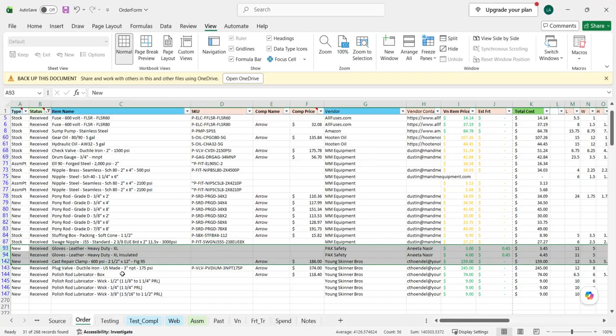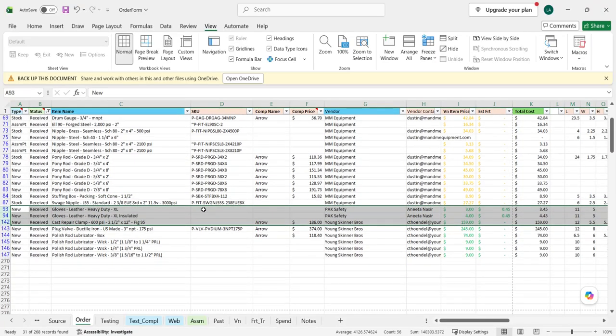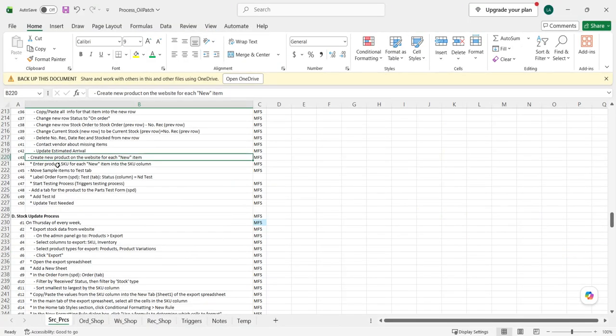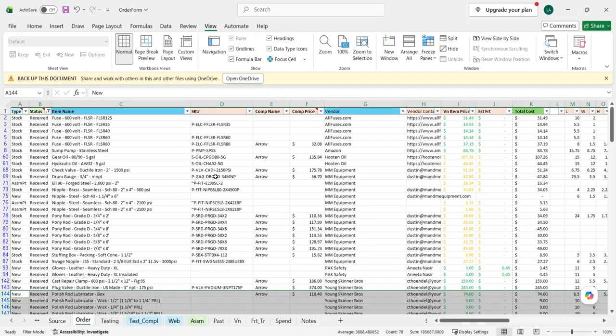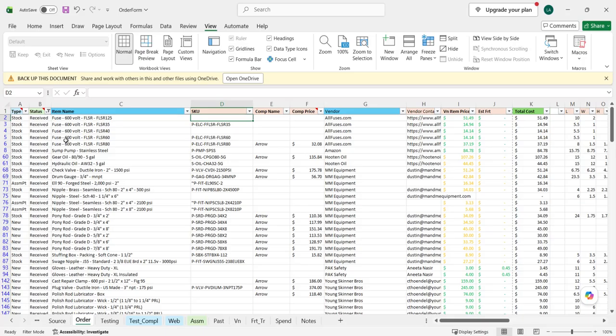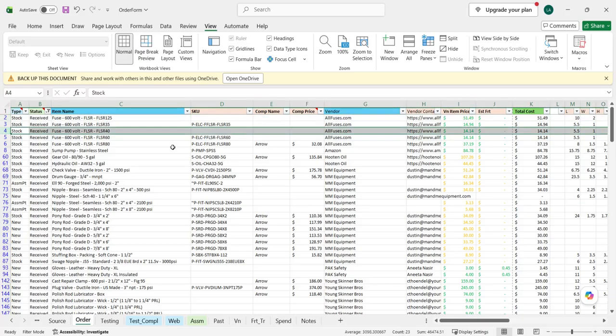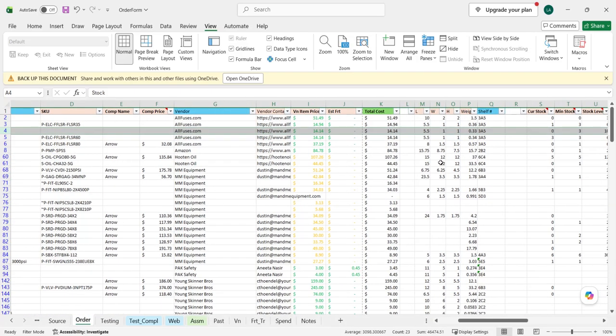Here's some more new ones that don't have an SKU. And then these don't have an SKU as well. So I'm going to leave this verbiage the same here. Create new product for each on the website for each new item. But really what that's saying is create a new product for each received item that doesn't have an SKU. And so actually, here's some stock ones that don't have an SKU. Do we have? Yeah. See, it's because